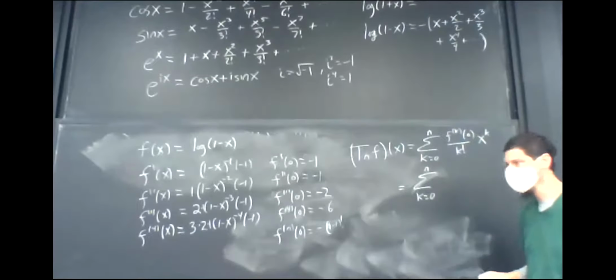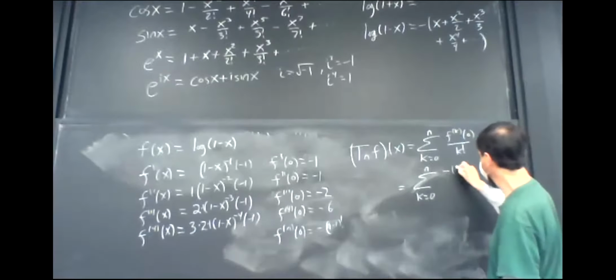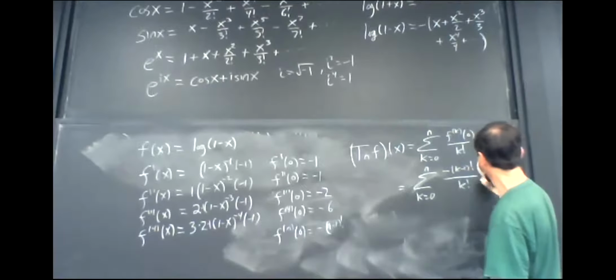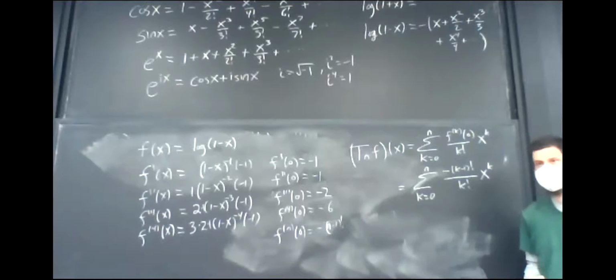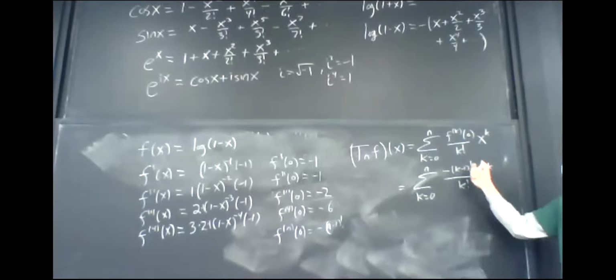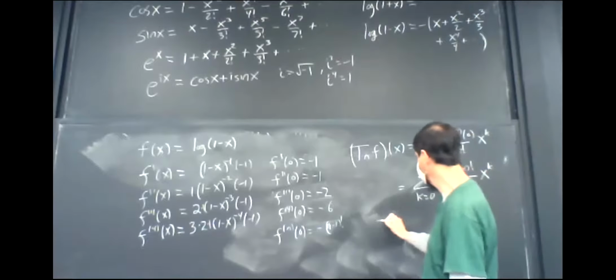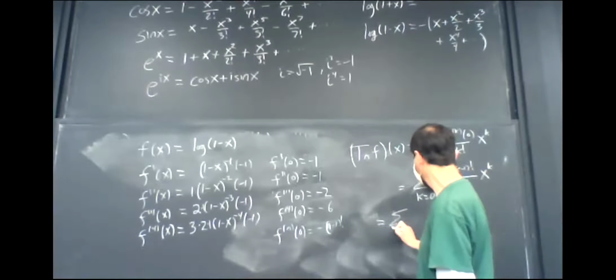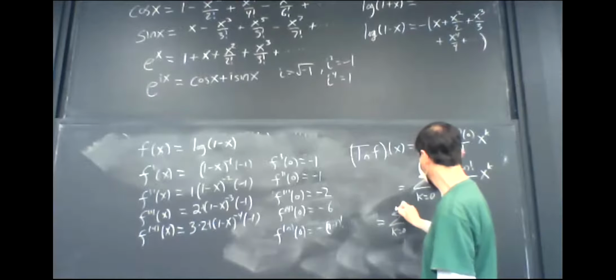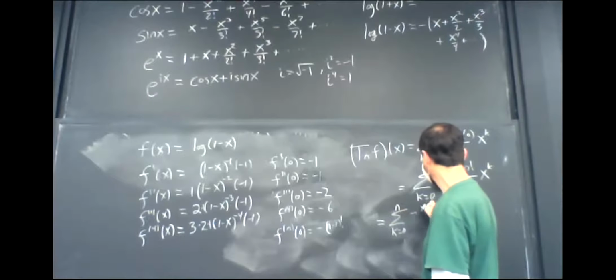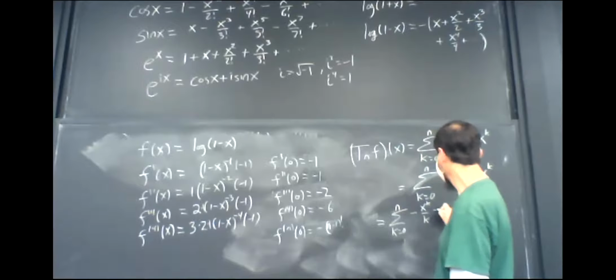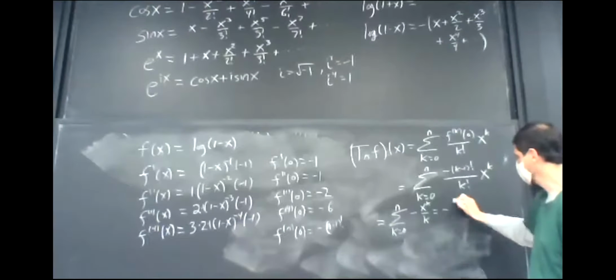The kth derivative is just going to be negative k minus 1 factorial divided by k factorial. Well, k minus 1 factorial divided by k factorial is just 1 over k. So this is just going to be the sum, k goes from 0 to n of negative x to the k over k. So I just pulled out the negative sign, and it's just